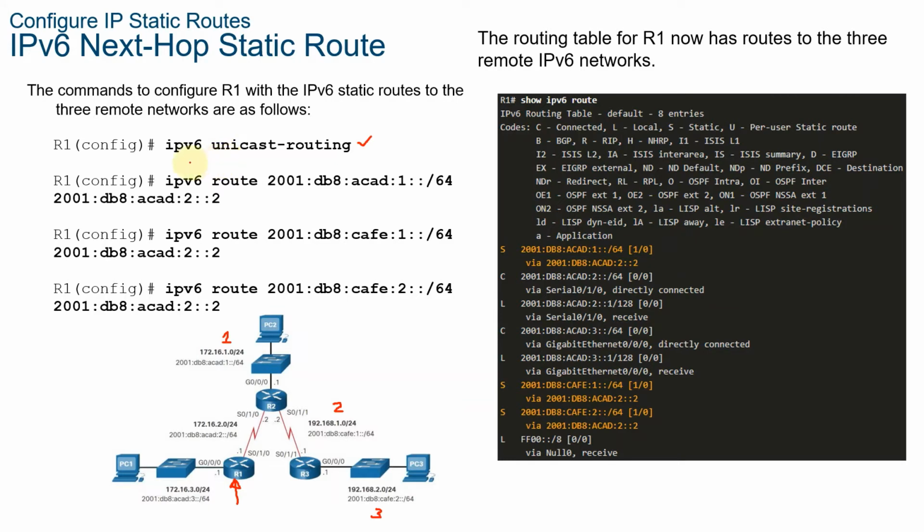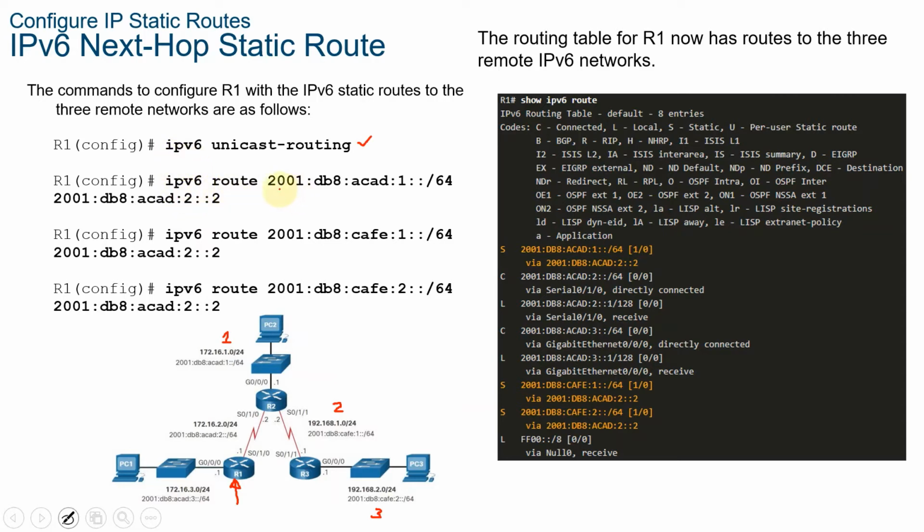Okay, so we need to begin with IPv6 unicast routing. So afterwards, we can now do the routing. Now, assuming that we have already configured all the IP addresses on each of the interfaces with IPv6, we can now proceed with routing. All right, so the syntax, which was shown earlier, would be IPv6, and then